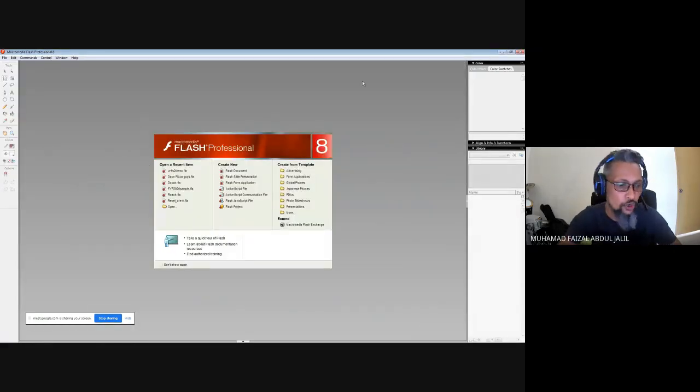All right, guys, when you open up your Adobe Animate or Adobe Flash, if you have Adobe Flash or Macromedia Flash MX or 8, you will find it, because the tools that we are going to use are the same there, from before Adobe bought Macromedia Flash to create this Animate.